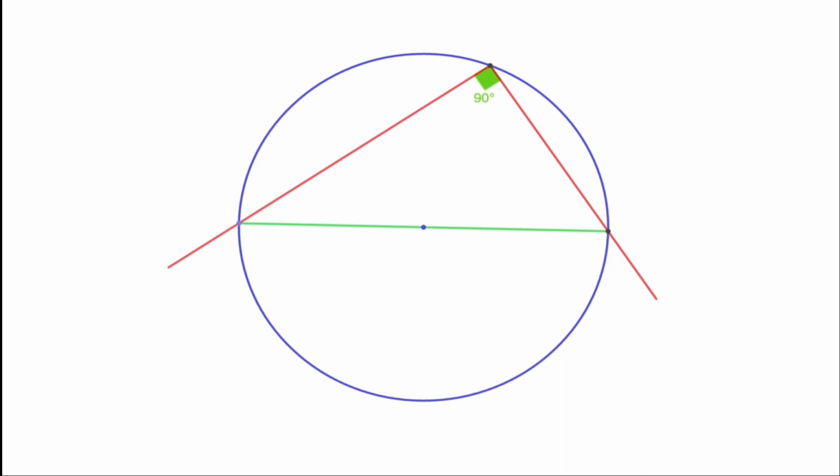Now let us see an application of this idea. Suppose we are given a circle and we don't know where the center is. Using this idea, we can locate the center. Suppose we have to find the center of this circle. Let us select any point on this circle and draw mutually perpendicular lines from that point. And observe the points where they intersect with the circle. Join them, we will get a diameter. For this purpose, we can use a set square.